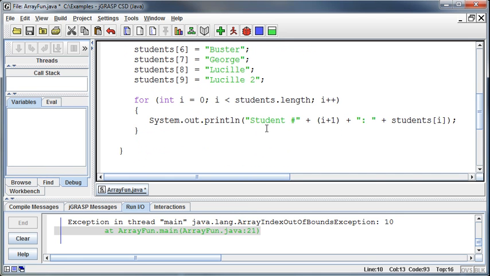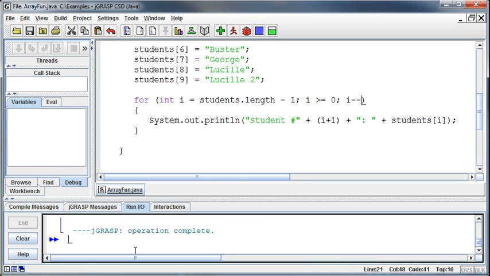All right, so arrays are as simple as that. And like I said, we use them a lot with for loops because then we can walk through. Now, if I wanted to start at the end of the array instead, I could say go out to the length. I don't want to be at the length, remember, but the length minus 1 to get that last element in the array. And then I could say while i is greater than or equal to 0, I want to go down to 0 and then minus minus each time. Well, if I did that, then it would print them in reverse order, right? Beginning at the end,